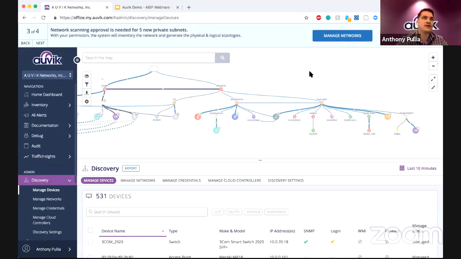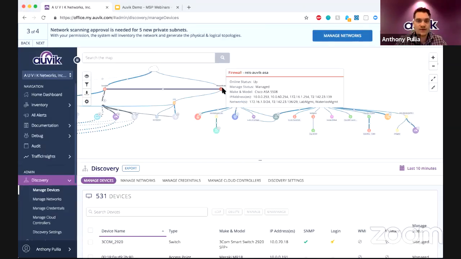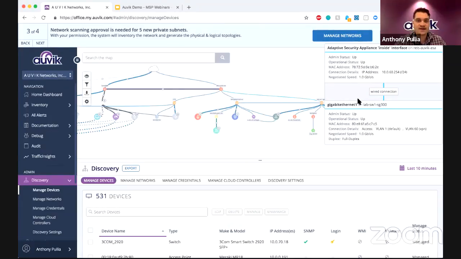So, whether you're a networking engineer or whether you're just somebody like myself who's on the sales and marketing side of things, all I can do is look at my devices, look at my cabling here, and now I can see the exact connectivity across all these devices. So now there's no needing to go through the network with a fine-tooth comb. You can see exactly by hovering over this cable that GigE1 on that SG300 is plugged into the inside interface